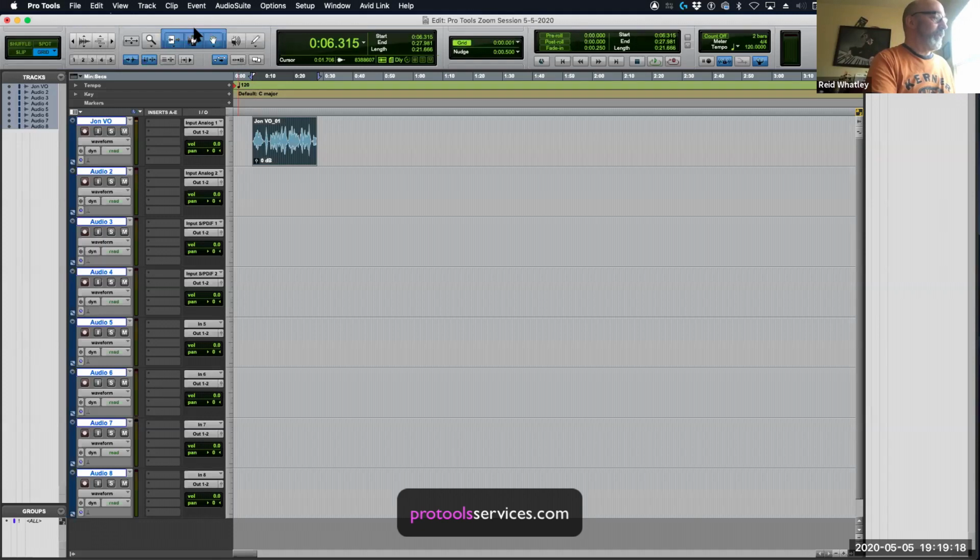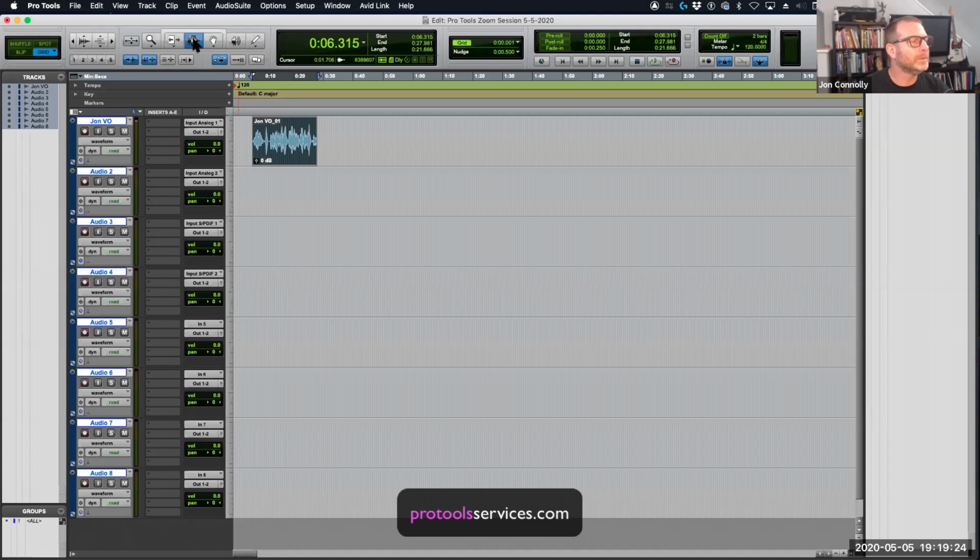You have all of these editing tools at the top of the edit window. You can go up there and select one, come down and do your function, and then go back up there. I tend to use the Smart Tool, which is a combination of these editing tools in one. Based on the location of your cursor within an audio clip, the cursor will change into different tools. Right now it's not doing it because I don't have Smart Tool enabled. I'm going to click on the bar right above my edit tools, and that enables Smart Tool. Now, based on the location of my cursor within this clip, you'll see that it changes into different tools.